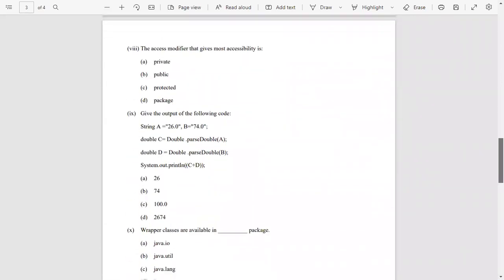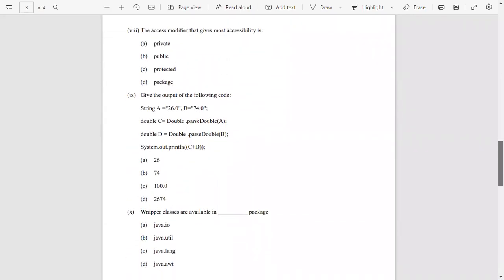So children, now let us see number 8. The access modifier that gives the most accessibility. So children, we know we get the most accessibility from which one? Most accessibility we get from the public. Okay, so public will be the answer. Number 9,